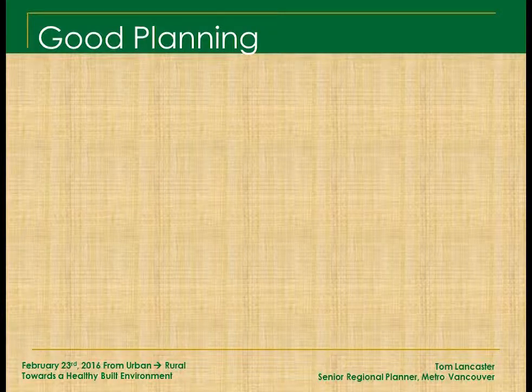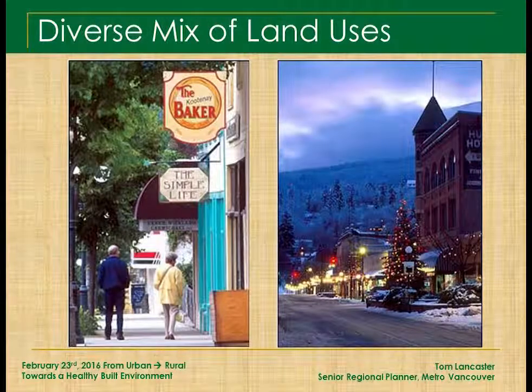You want a diverse mix of land uses. I'll go through these really quickly, but some of them are pretty obvious. Diverse mix of land uses. So you don't want the single-use place. You want a place where if you're going to drive there, you can drive, jump out. Maybe you go to the YMCA, maybe you go work out somewhere else, maybe you go to the library, but you can also grab a coffee with your buddies.